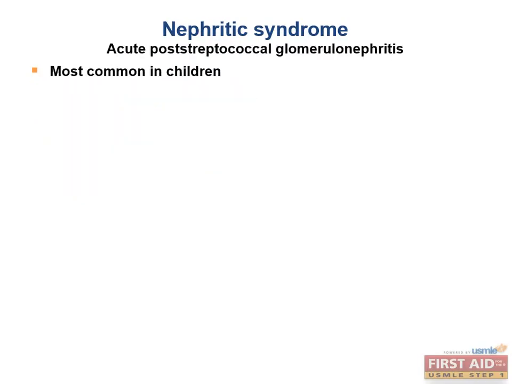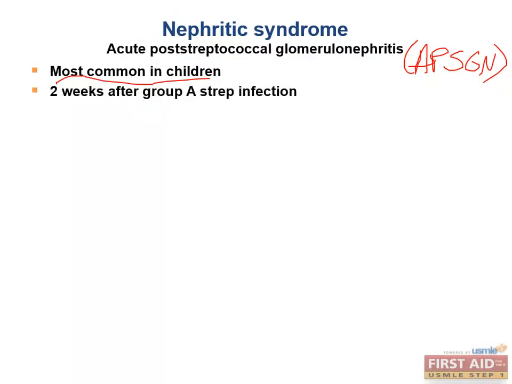Our first nephritic syndrome is acute post-streptococcal glomerulonephritis, also known as APSGN. It's an acute process, and it usually follows an infection, often strep throat in children, and it's most commonly seen in children. It typically presents 2 weeks after an infection. And which Lancefield group of Streptococcus causes it? It's group A strep. Patients with APSGN have symptoms including diffuse edema,